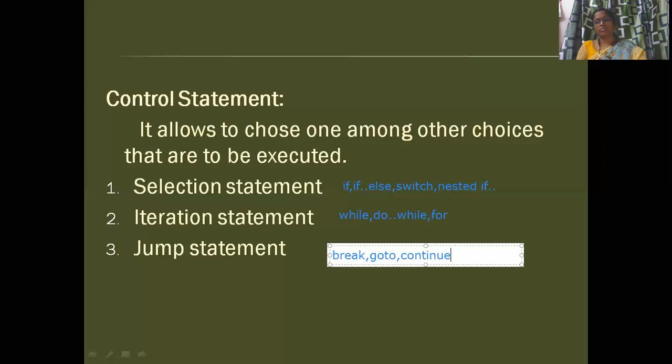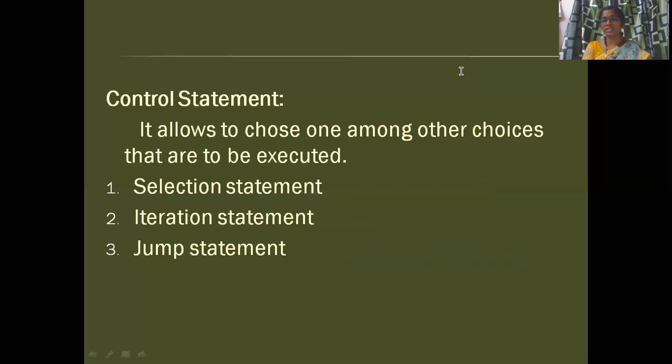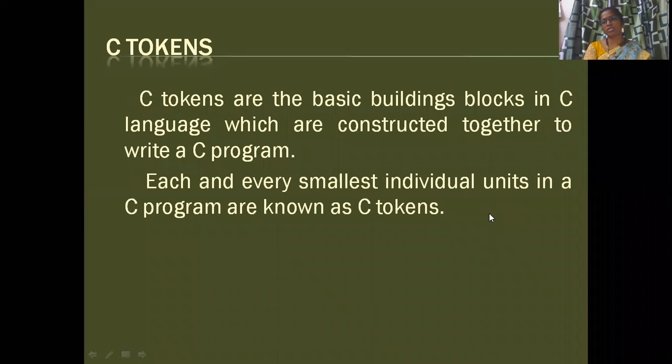So this is okay. Next, what do we need to learn? We have to learn what are the things available in C language. For that, we have to move further to learn about tokens. This word we have learned in compiler design also. In the lexical analyzer, the first phase of the compiler divides the statement into tokens, individual words which cannot be divided further.